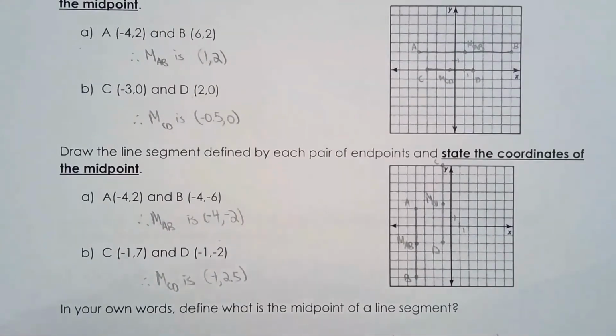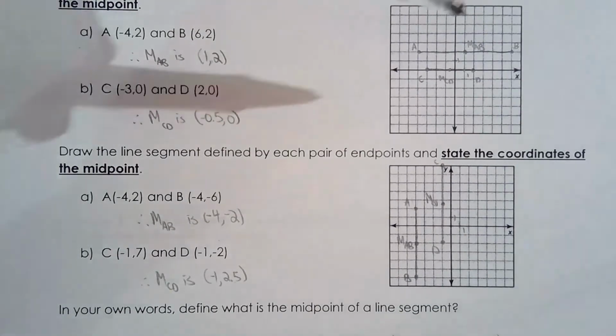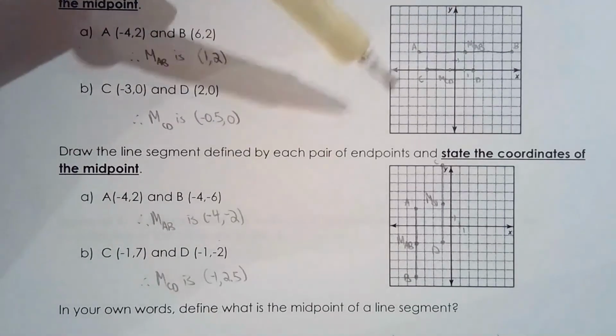Okay, so there's one big drawback. I want you to take a look at what we've done here. There's one big drawback with what we're trying to do. Remember, the big goal here is to find the midpoint of a line segment. There's a problem, okay? Hopefully you've noticed that the problem is the fact that on the first two questions, we focus on line segments